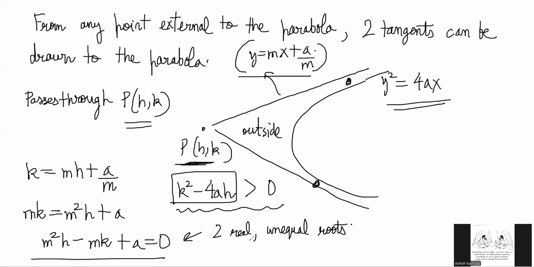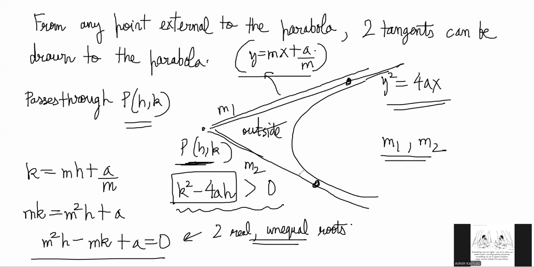Two real and unequal roots. And these two roots stand for two different values of the slope. Notice that both these lines have two different slopes. So we get two different tangents with different slopes. What we can say is both of them pass through h comma k, and the relation between the slopes is